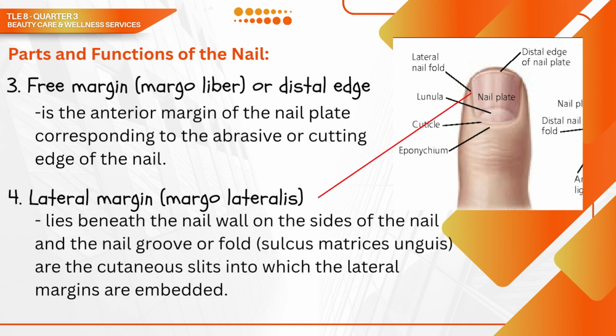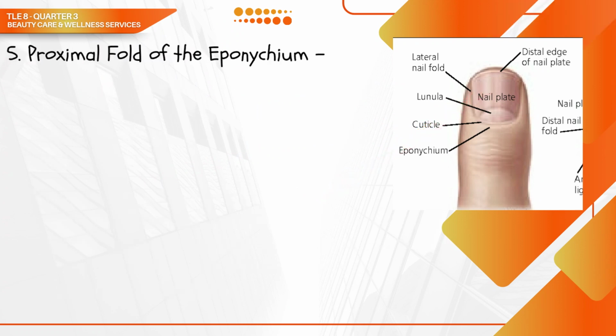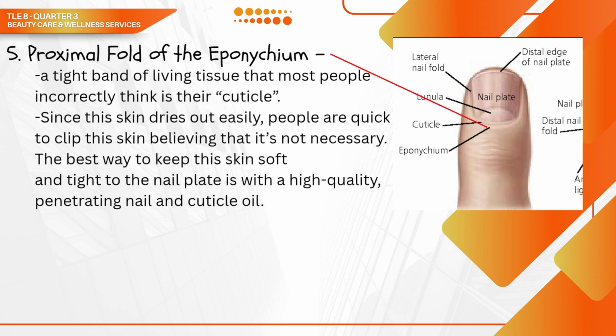Lateral margin or margo lateralis lies beneath the nail wall on the sides of the nail, and the nail groove or fold, sulcus matrices unguis, are the cutaneous slits into which the lateral margins are embedded. Proximal fold of the eponychium is a tight band of living tissue that most people incorrectly think is their cuticle. Since this skin dries out easily, people are quick to clip this skin believing that it's not necessary. The best way to keep this skin soft and tight to the nail plate is with a high-quality, penetrating nail